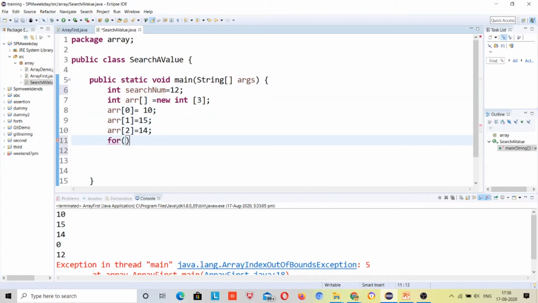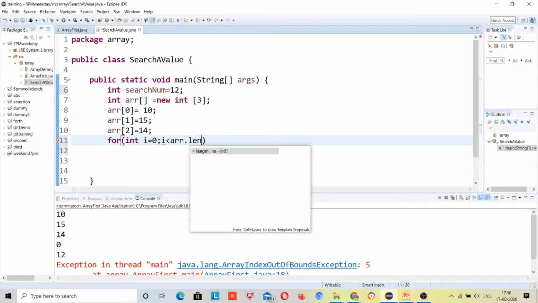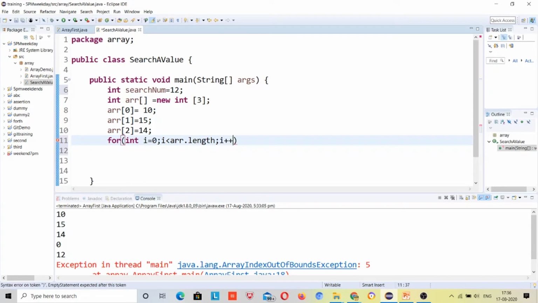For int i is equal to 0, always run a loop for an array beginning with 0. i should always be less than its length, i plus plus, right?